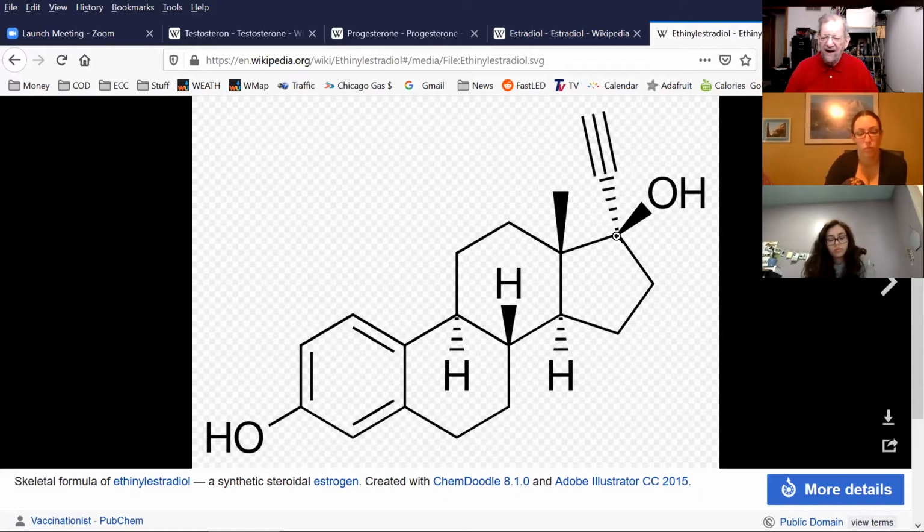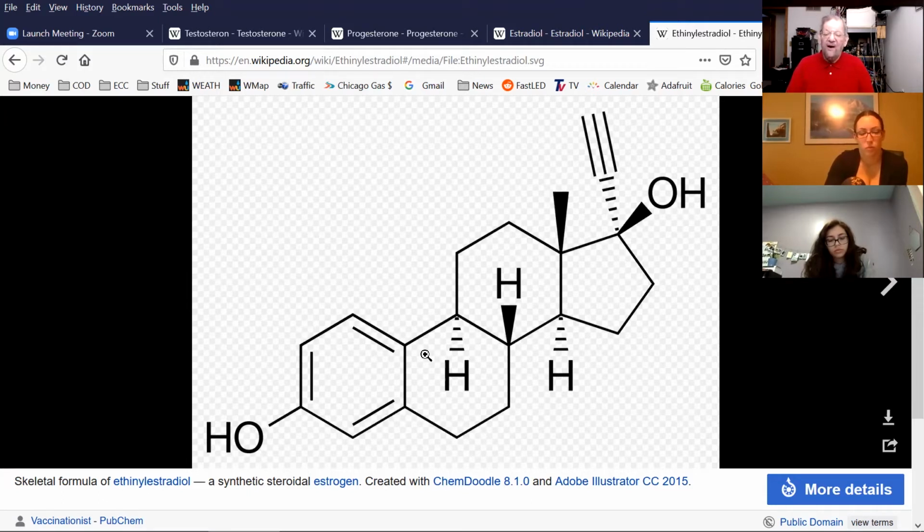a triple bond on the same carbon up here with the alcohol, the rest of it is the same as estradiol. The woman's body thinks, oh, that's the hormone estradiol, and it controls the woman's monthly cycle, which is what birth control pills do. They have different levels of this in the pills, so at the right time, the right day, and the right concentration you consume in the pill, a woman has her monthly period. And that way, she will not get pregnant, and this is how